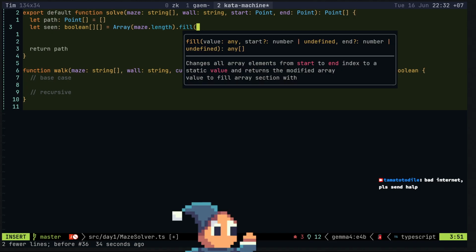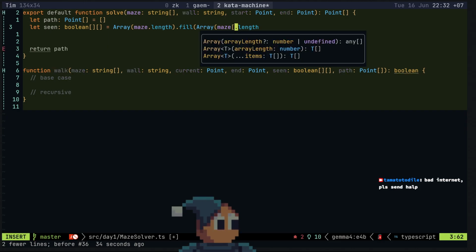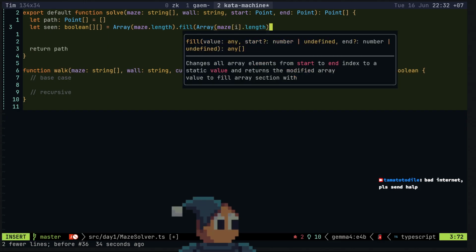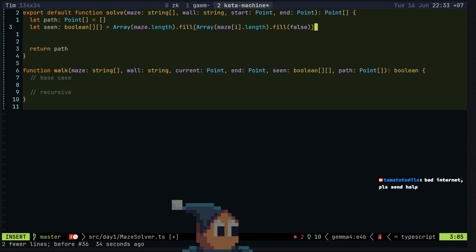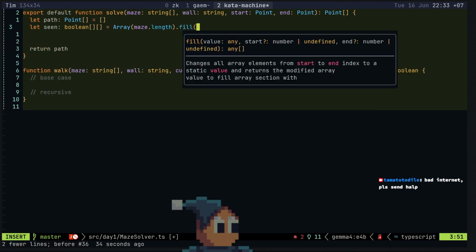You just all array elements from start to an index static value. I think it was this. Oh, right. That's why we need the for each.